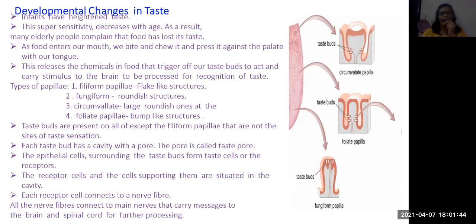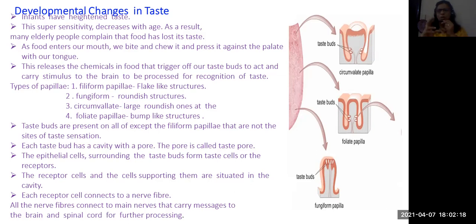Okay. And these taste buds are present on all parts of the tongue except the filiform papillae, which are not the sites of taste sensation. Only the filiform do not have that much taste activity. But the others are activated by different tastes. And you know, when we put the food,